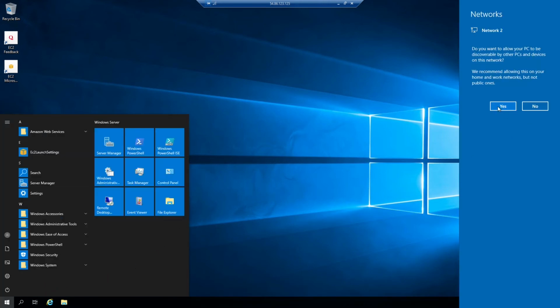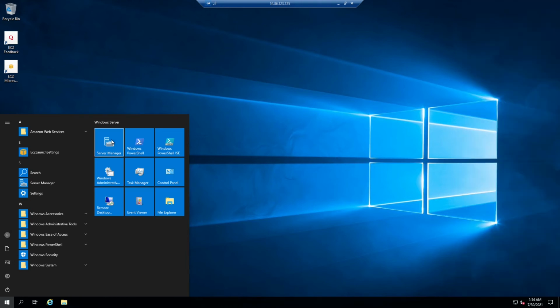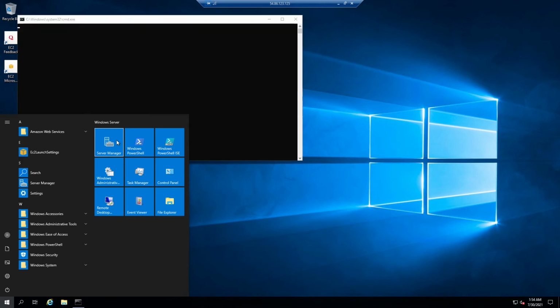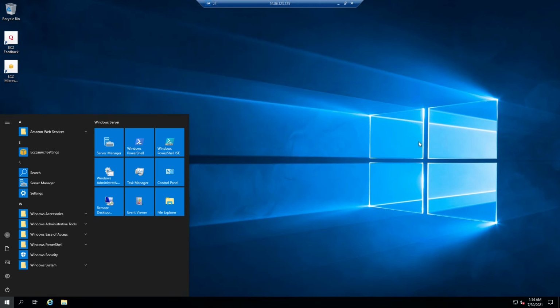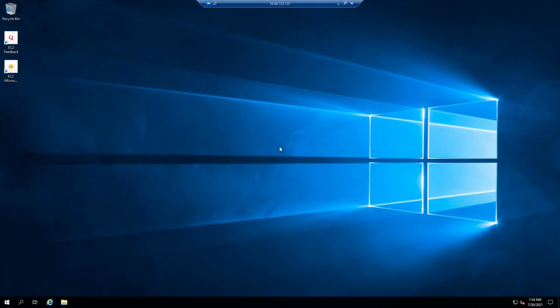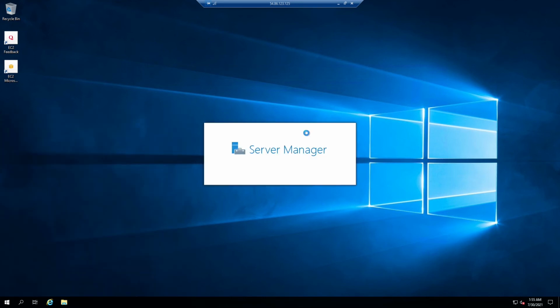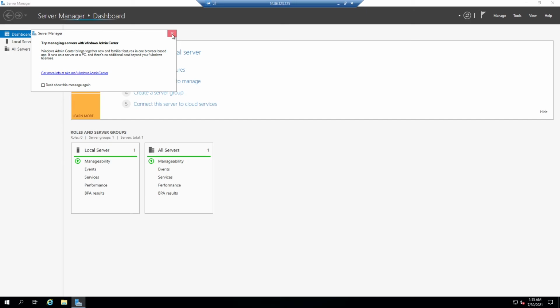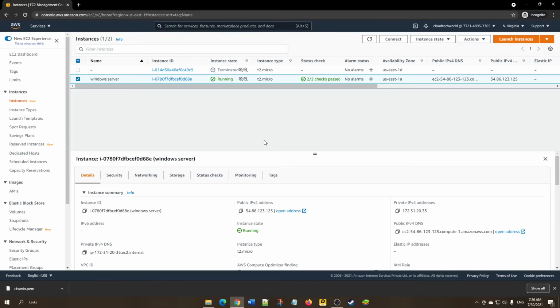Once it is ready, we can use Server Manager to install any other services, or we can make use of this Windows server as a jump box to connect to other Linux instances, or we can install Active Directory. Everything can be done here. So this is one way of connecting to it.